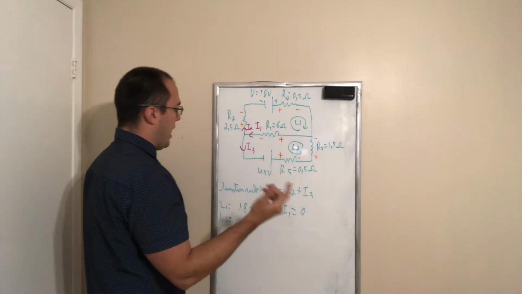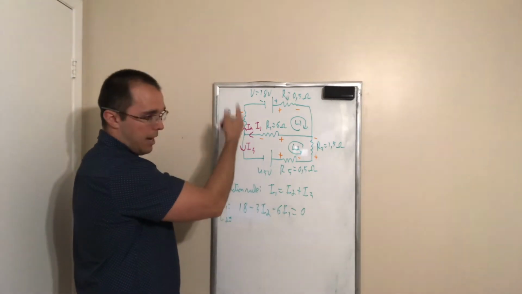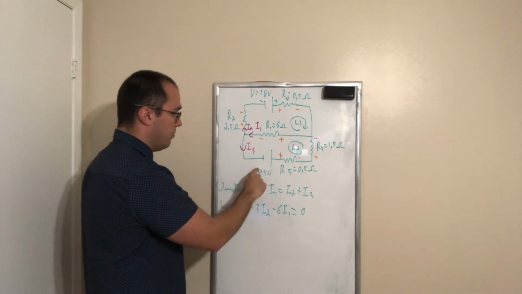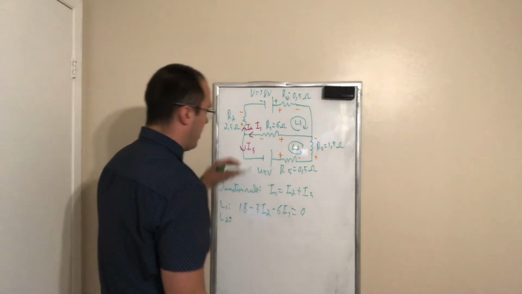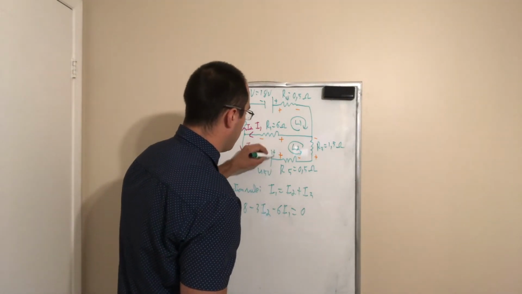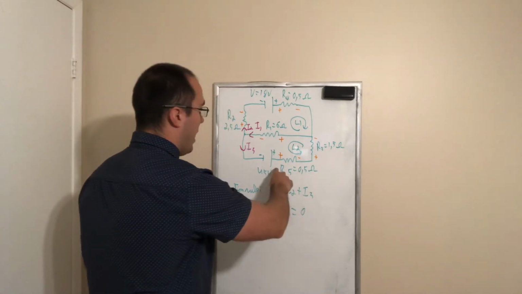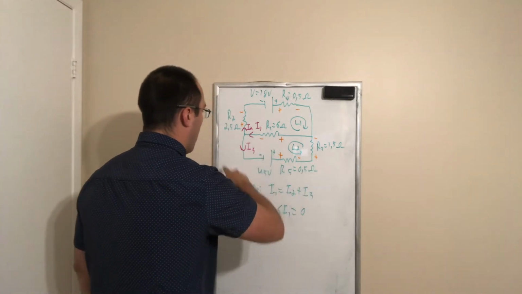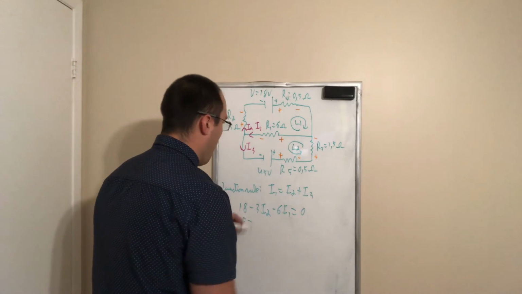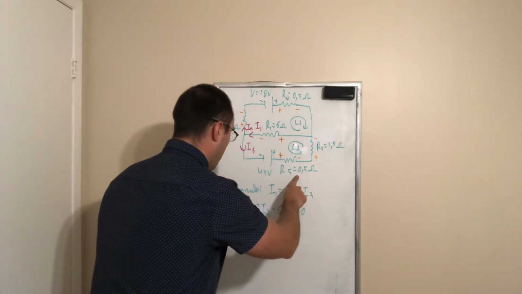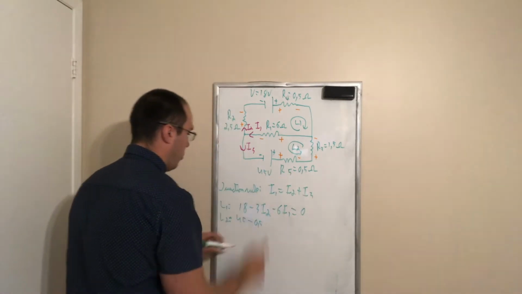So again, might as well start at the junction. We go down, we go through this power supply, and note this is the negative side, positive side. So we have a voltage gain. It is 45. And we have a 3 voltage drop with different current here. So we got minus 0.5 I3